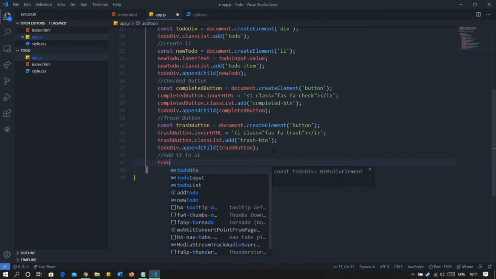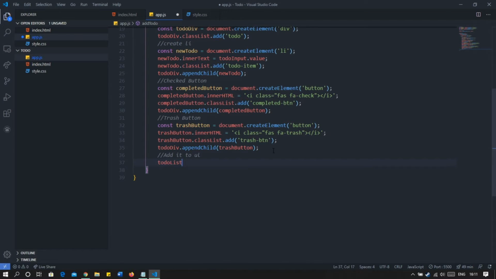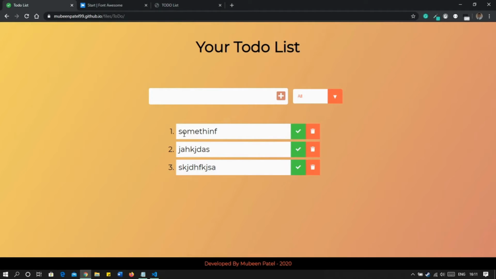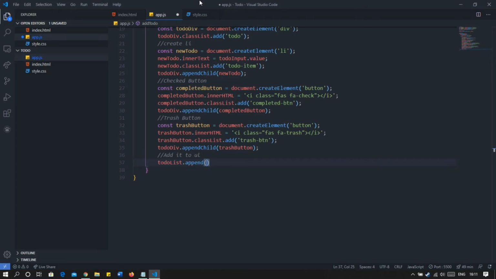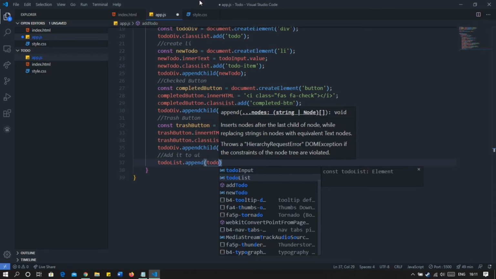So to do list dot append child, because this is a child of the element. So as we have our childs for to do main, our main div, each and every element like this is a child of this complete list, right? So to do dot append to do div.